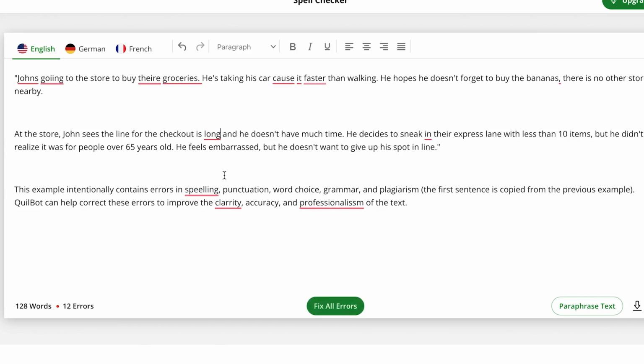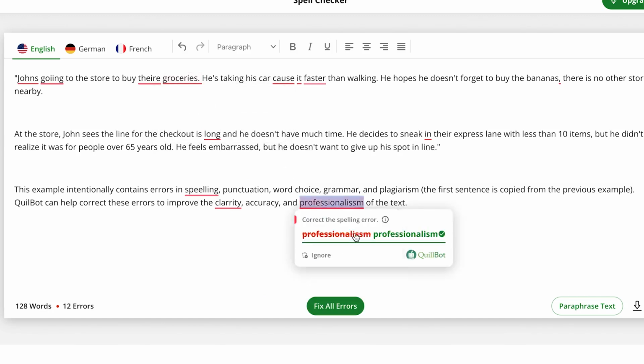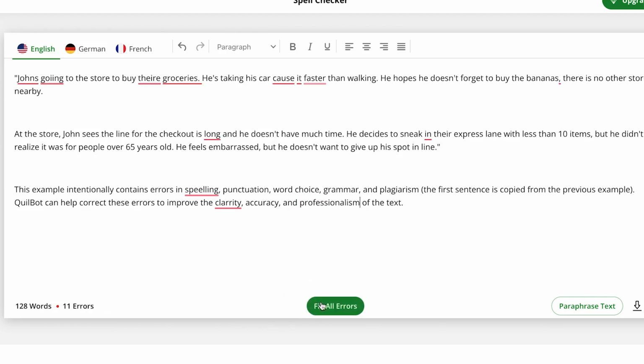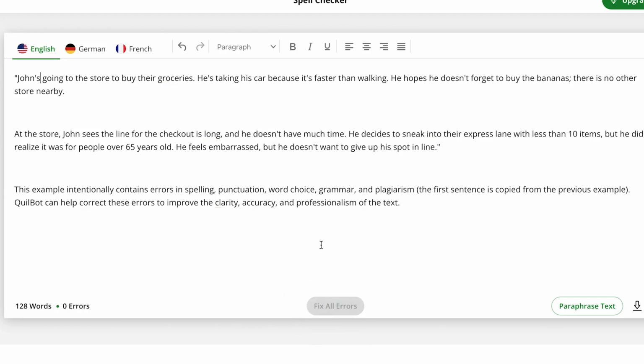So you can do the correction on your own manually. You can check the spelling and do them manually. But if you like, you can as well take a look at this professionalism. This is wrong, so you can correct it like that, or with just a simple click you can fix everything within one click, and everything is now fine and perfect. So you can see how good Killbot is when it comes to checking the spellings of your content. If you want to create anything, you can use that to spell check your content very nicely. If you're writing a paper, for a conference paper or journal paper, you can always take in the content and paste it in here to do spell checking.